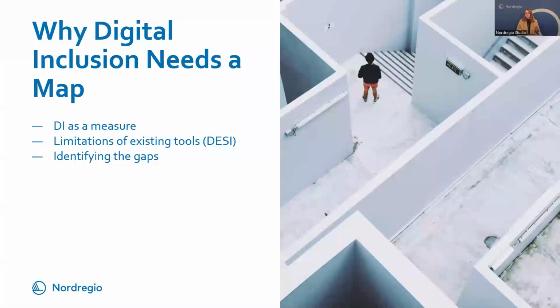And for topics like digital inclusion, it is especially important because digital inclusion lies at the crossroads between infrastructure and social aspects. So it's both about having access to digitalization and tools, but also for people to have the right set of skills and background to be able to not be left out.